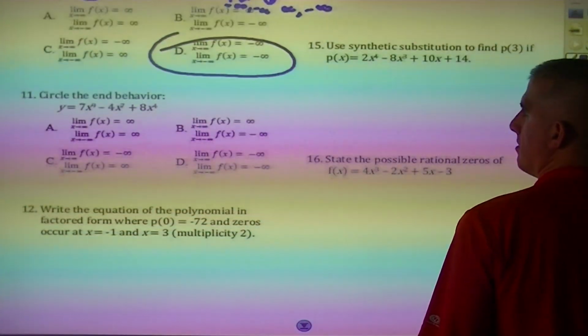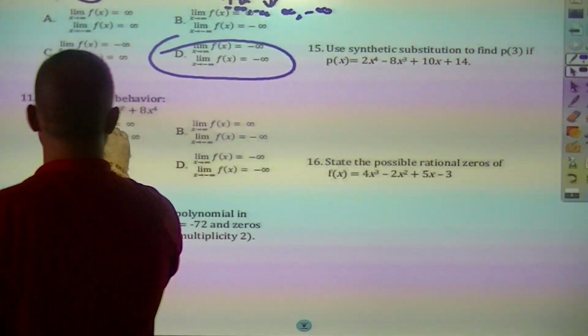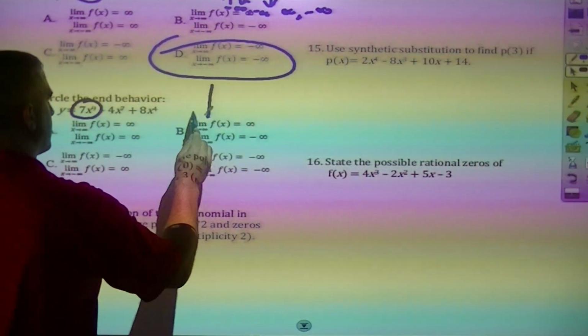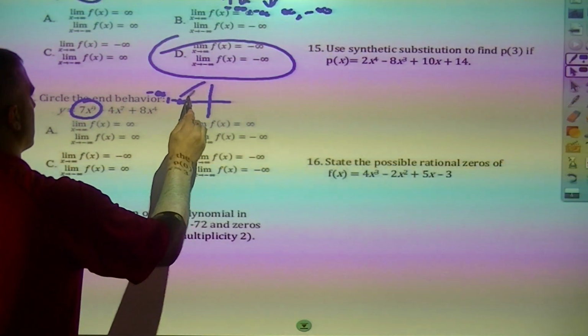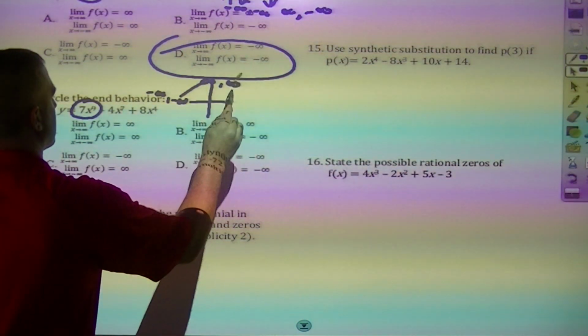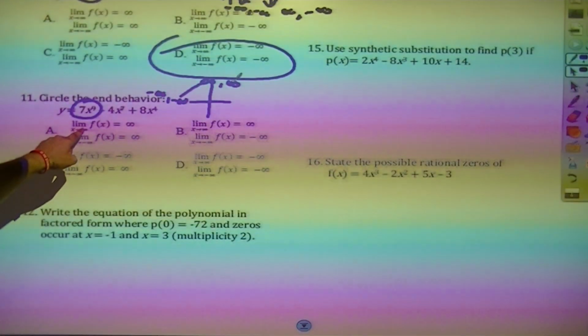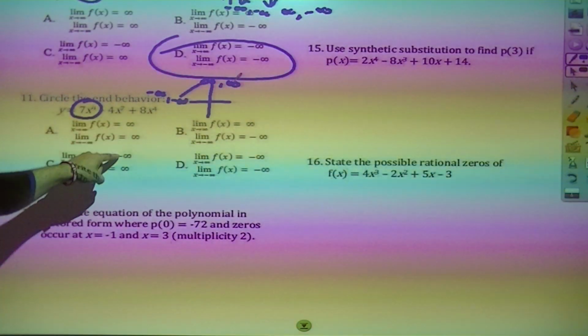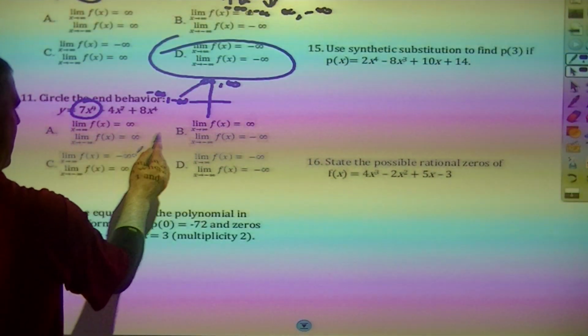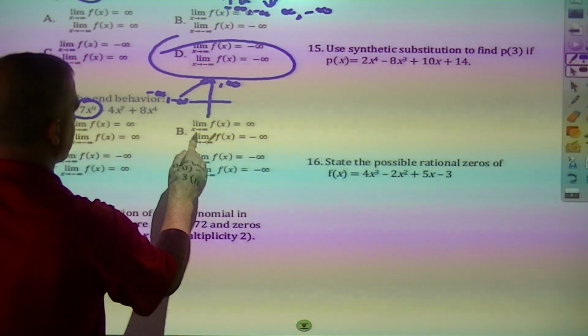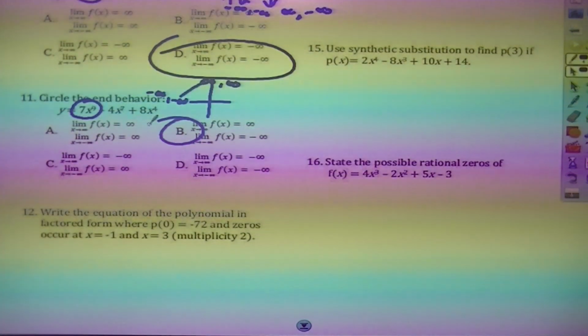Oh, there we go. Okay, same deal. All right, this would be this one. So I would be at this kind of one. So that's negative infinity, negative. And that's positive, positive. All right, so the limit as x approaches infinity is positive. So I'm looking for positive. So it's either one of these two. So as it approaches positive, that's not that one. As it approaches positive, it's positive. It's negative, so that's why the answer is B. Okay,